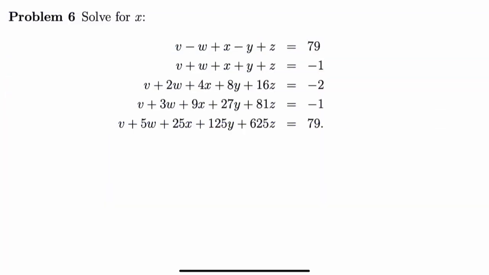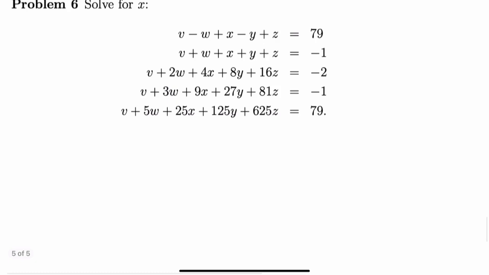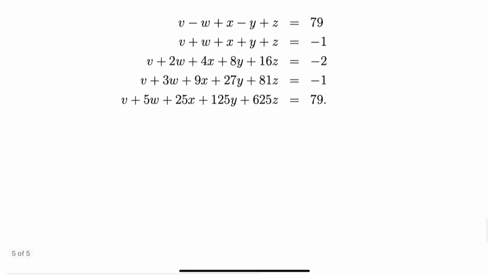This is the 2023 Math Prize for Girls Problem 6. The problem reads solve for x and it gives a system of 5 equations. All of these equations have the same form, so we can write a polynomial function f of a and say it equals a to the 4th times z plus a cubed times y plus a squared times x plus a